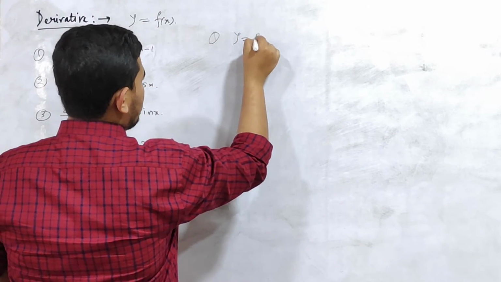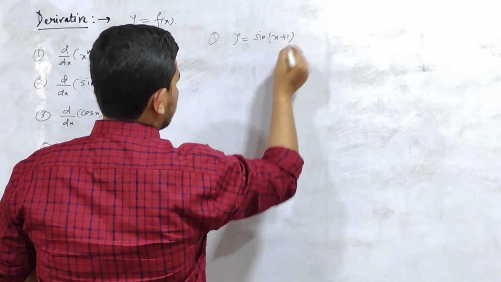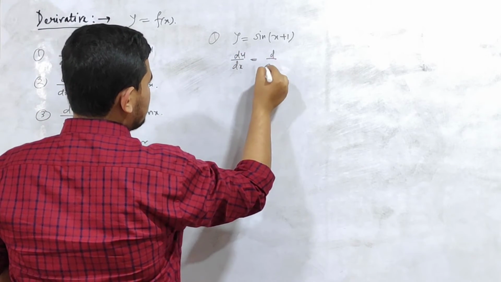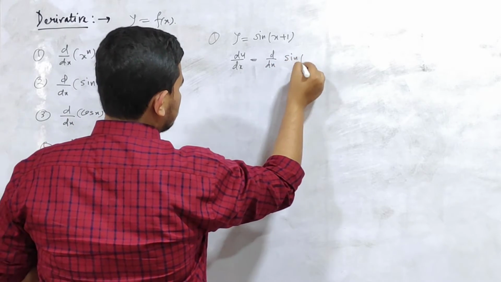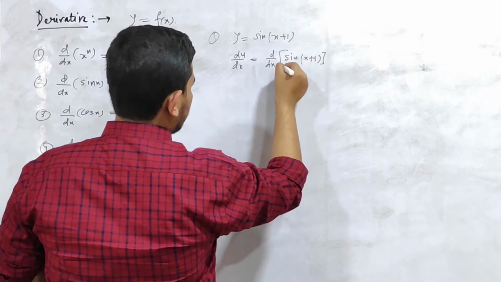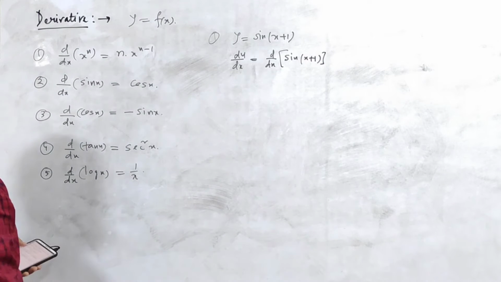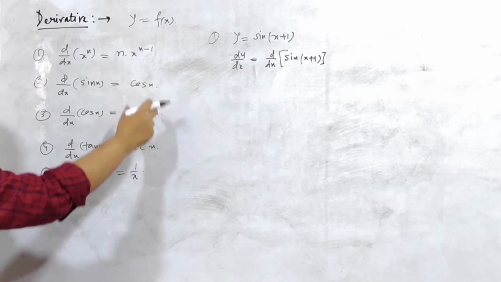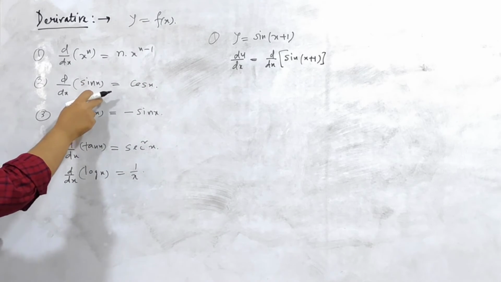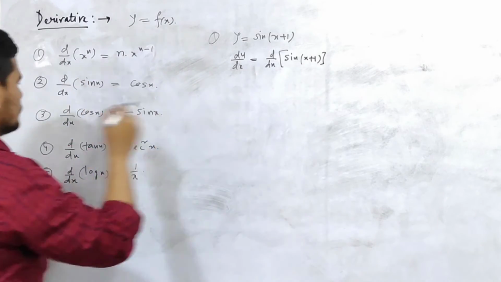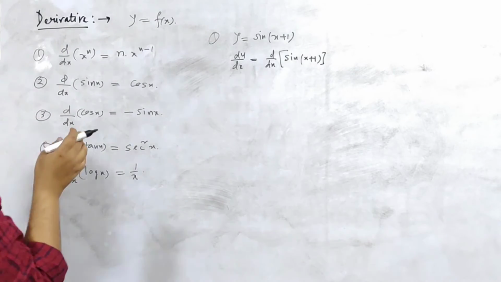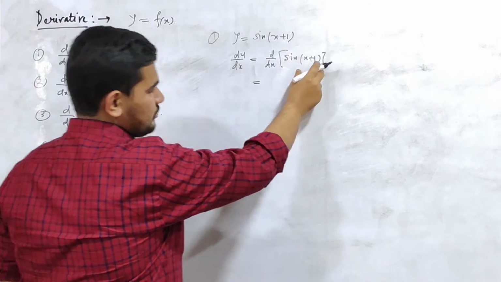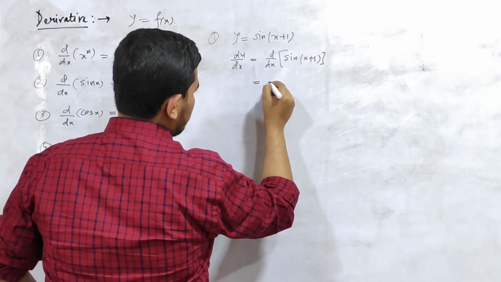So here y equal to sine of x plus 1. So I will write dy by dx, which will be d by dx of sine of x plus 1. When I am having sine of x plus 1, I need to see what the derivative of sine x is. Sine x gives cos x. But here x is not present, it is x plus 1. So basically what we need to do here is, first of all, let's suppose I am having x here, not x plus 1. Then I can write it as,